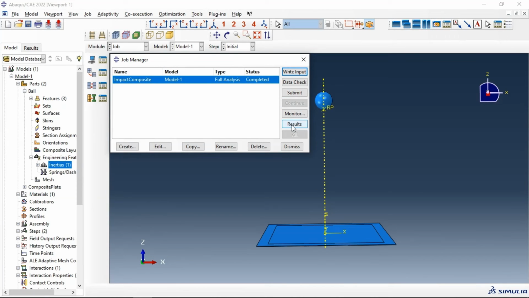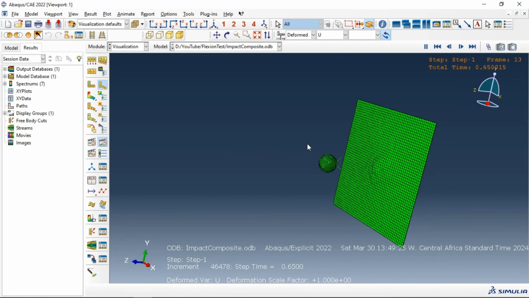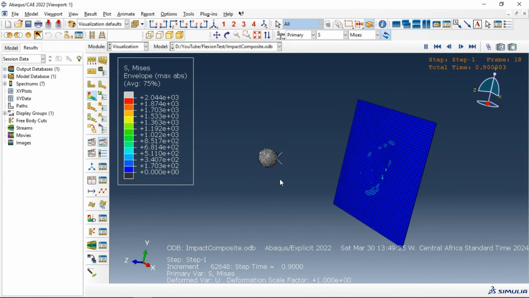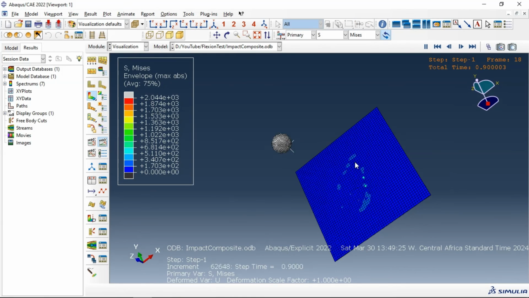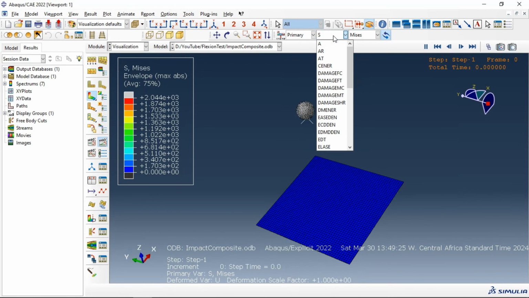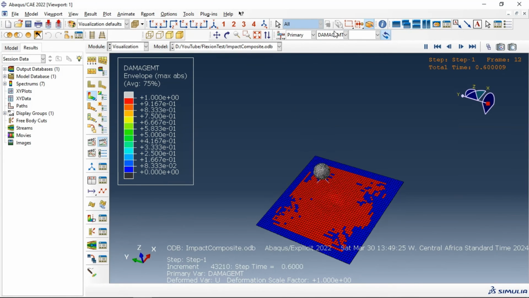Let's go to the results and see our variables and results in the simulation. First, let's see our deformed shape. Animate. This is our animation of the low velocity impact on the composite layer. Let's see our data, Mises stress, and also we can see different variables in our material, in our result. Damage in compression, damage in traction, shear damage,